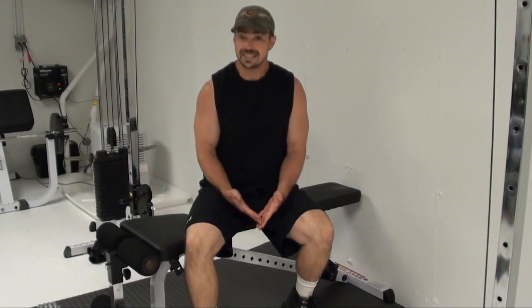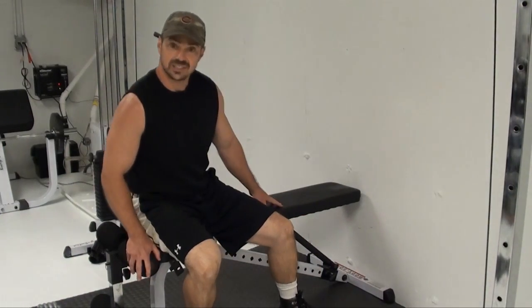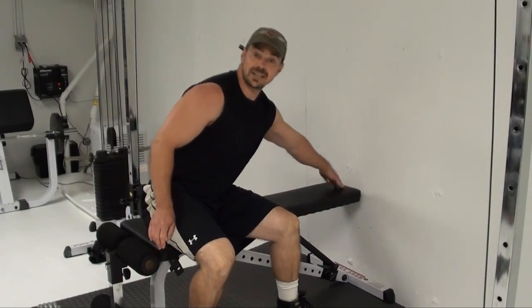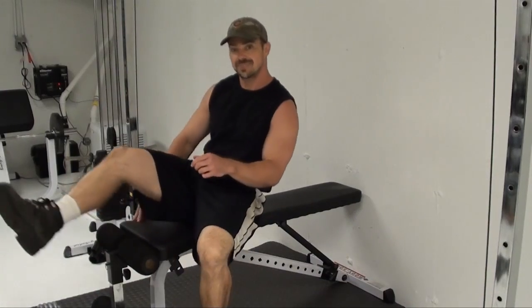Now, what I did is I came up with this. You're going to take a normal flat bench. This is using equipment you've got already. Slide it right up against the wall, so where your head is going to be is basically right up against the wall. What you're going to do, and this is the fun part,